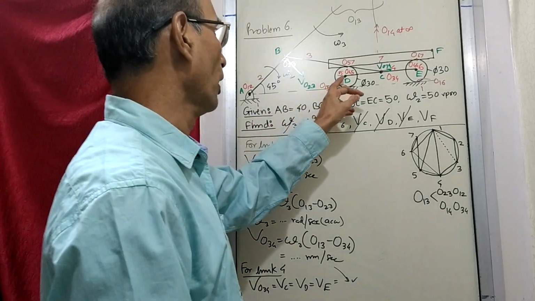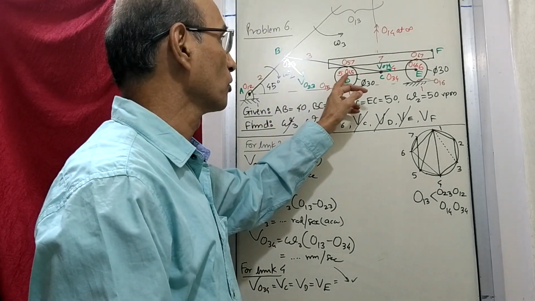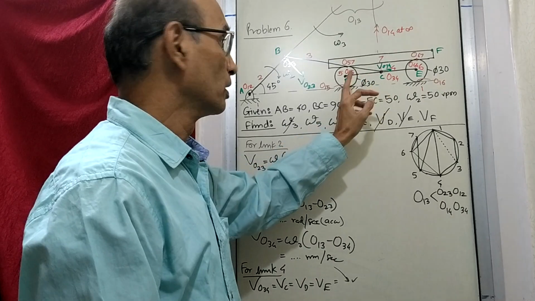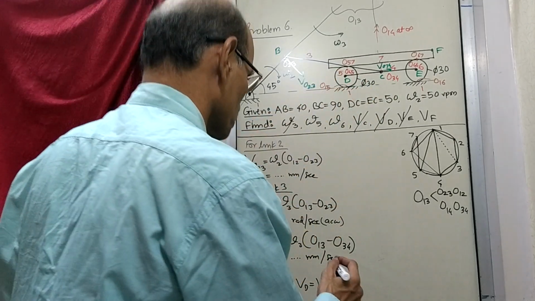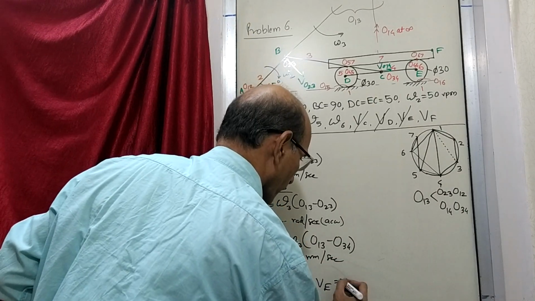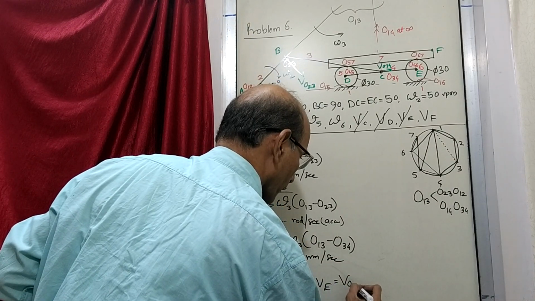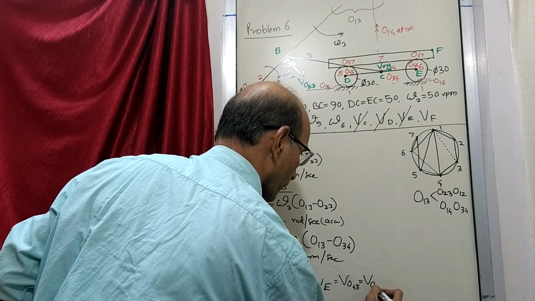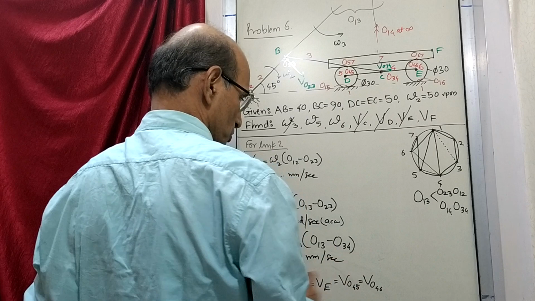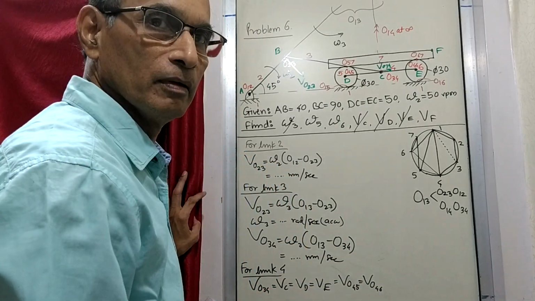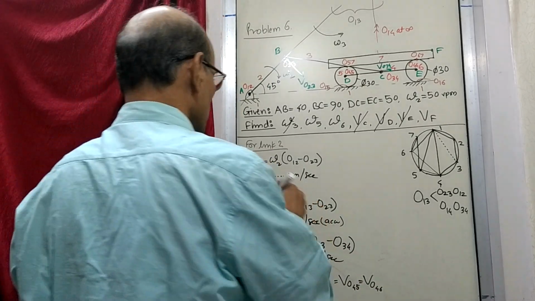Now you can take point 4,5. This 4,5 point is on 5 also and 4 also. Right, now we know that this point 4,5 is same as 4,5 D, and 4,6 is same as E. So all these velocities we have obtained in one stroke. Now let us consider link number 5.